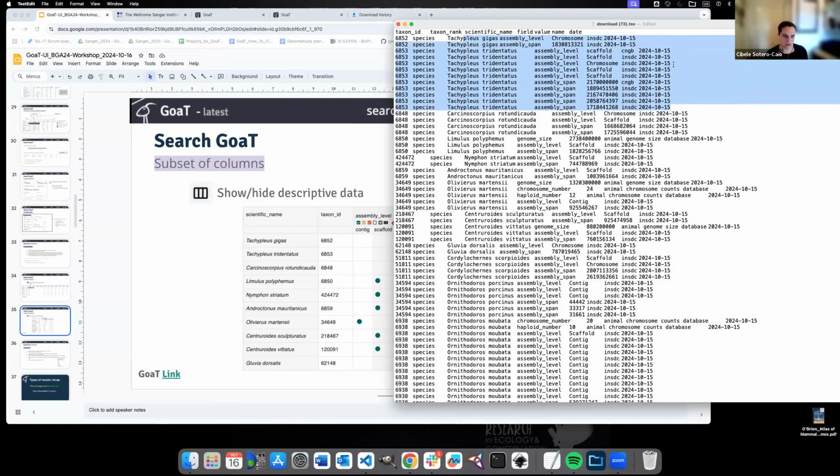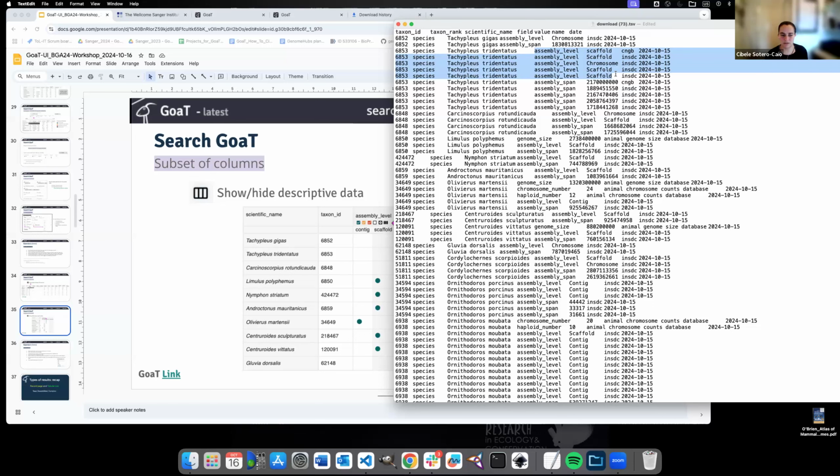This is the species, assembly span, this value, this species, assembly level, scaffold, this species, assembly level, another instance of scaffold. So for this species, we actually have how many assembly levels? Four instances of assemblies, four different assemblies at different levels.